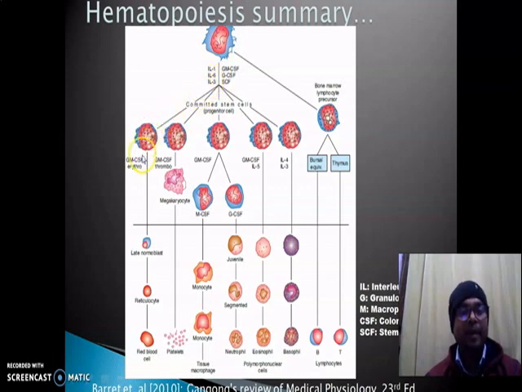So in this lecture, this lineage of RBC formation is known as erythropoiesis, and the formation of platelets is known as thrombopoiesis, and the formation of monocytes, neutrophils, basophils, and eosinophils is known as the myeloid lineage, and the lymphoid lineage is the formation of these B cells and